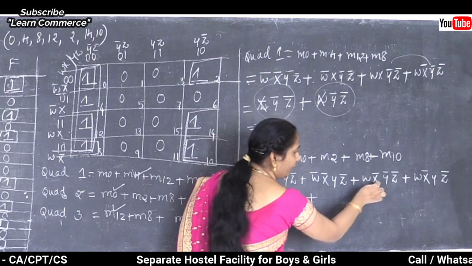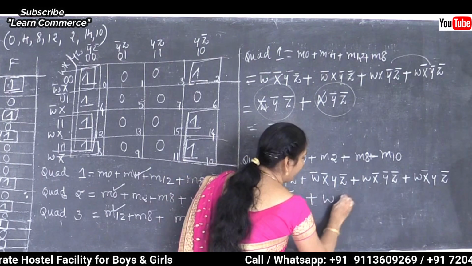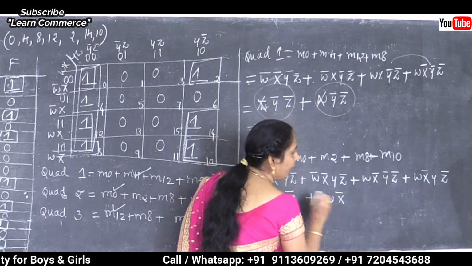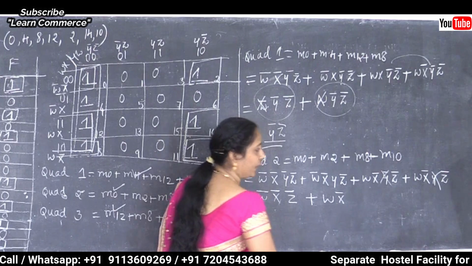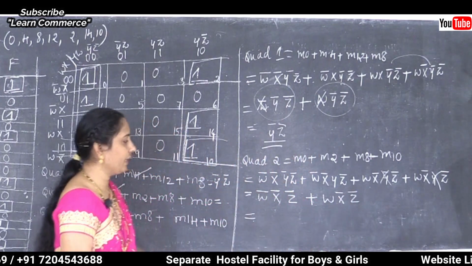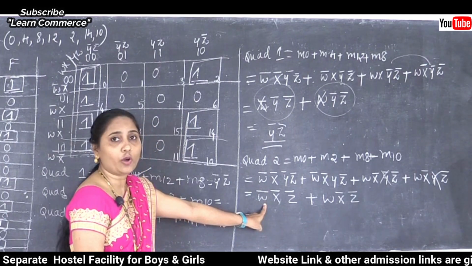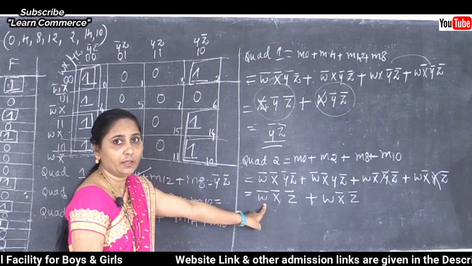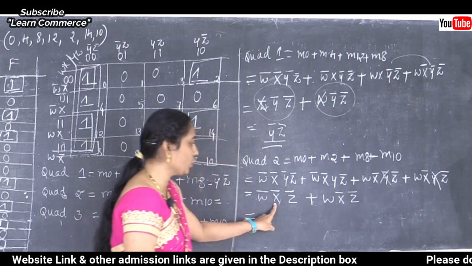Plus, now the third and fourth expression. So W and later the next one, complement X we need to take, and after that we need to remove which variable? Complement Y and Y; complement Z we need to take here. Okay. Now we know that it is not the final result. It is just the result of the first and second comparison and the third and fourth comparison. Again we need to remove.